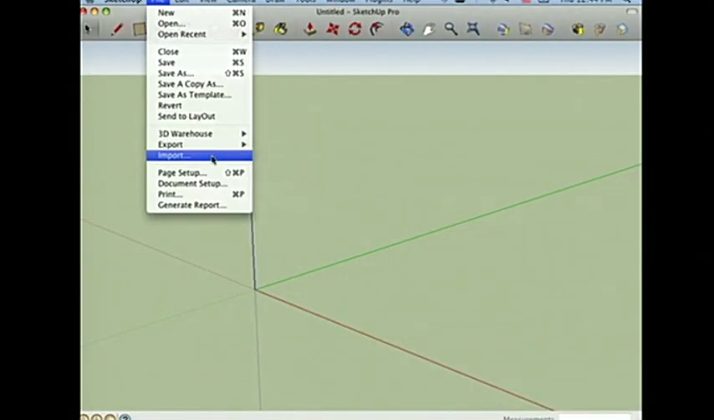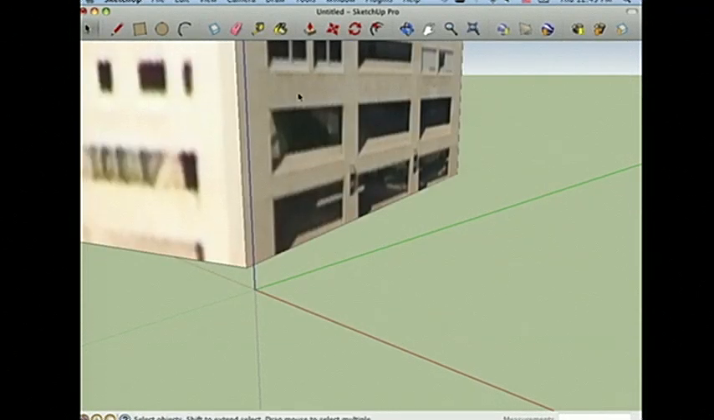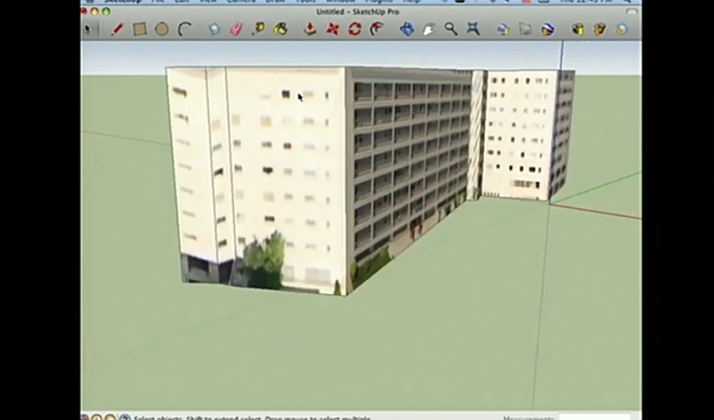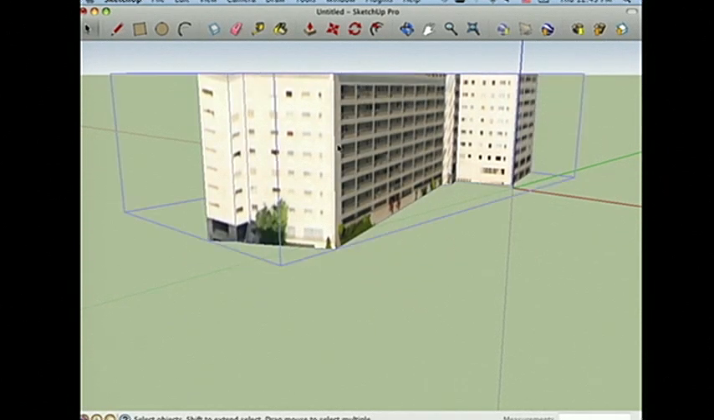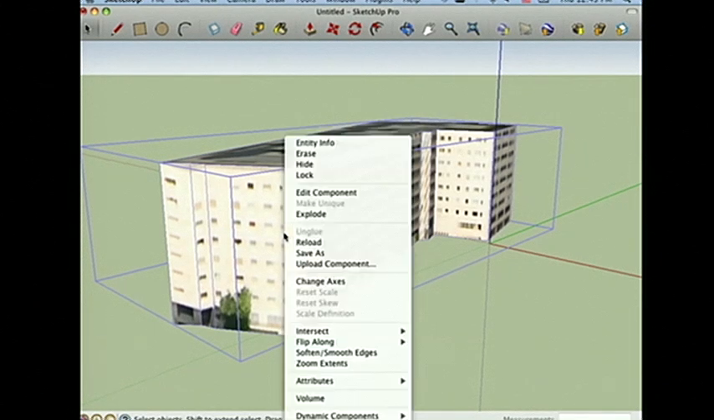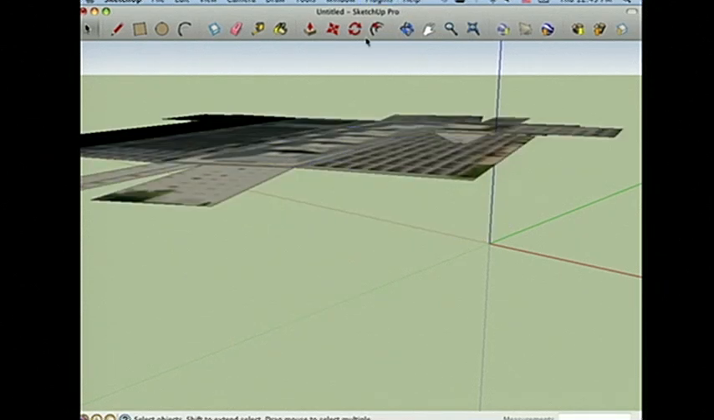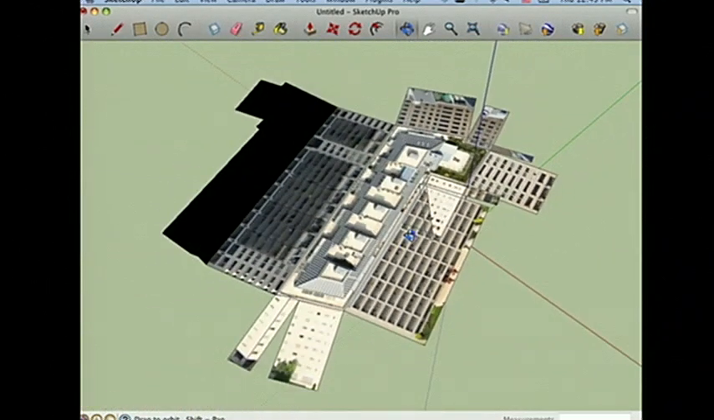Let me import another building here to demonstrate it. This script was written by a user, and let me explode the component here to demonstrate it. This plugin can actually take geometry and unfold it. So whatever three-dimensional object you have in there, it'll give you an unfolded template for it. Well, this exists in a Ruby script